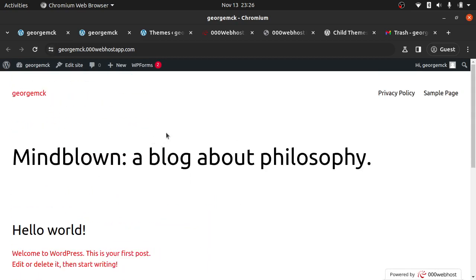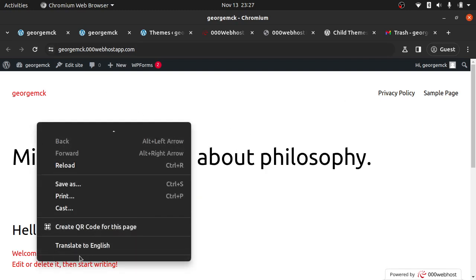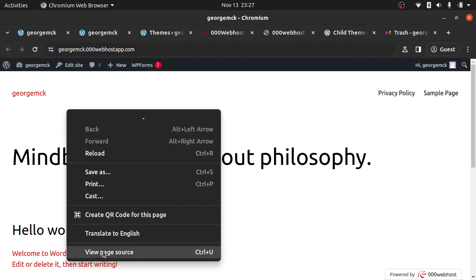Okay, so that's what I wanted to cover. Just showing you how to create a child theme directly on the server. And we can see that the style sheet has been loaded. And actually, to show one last thing,